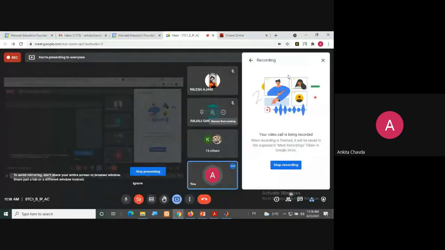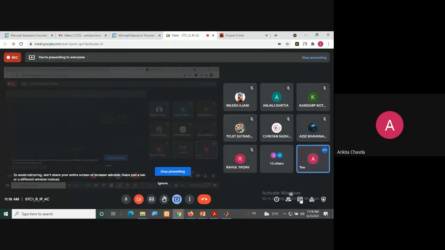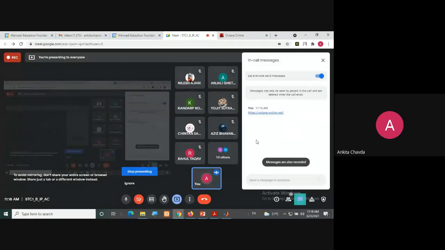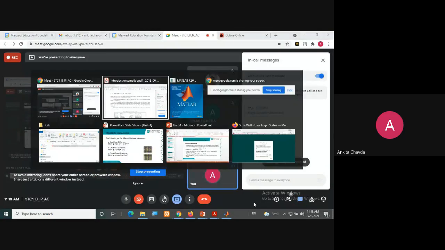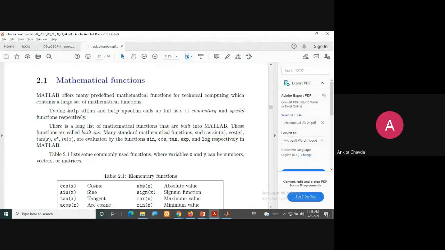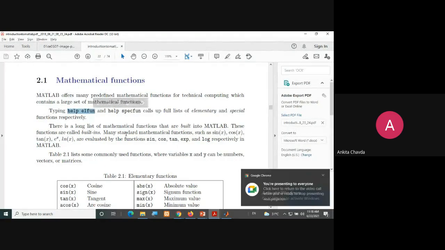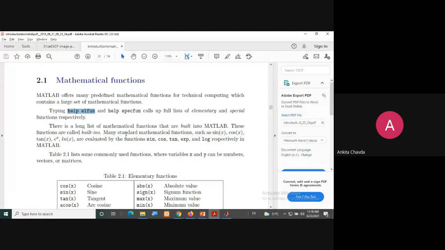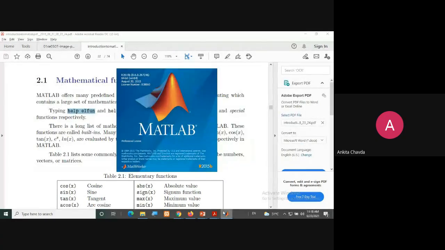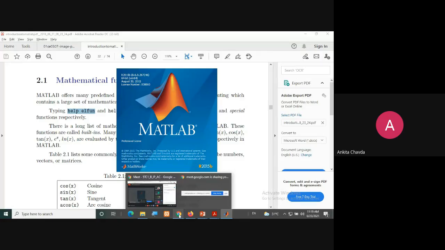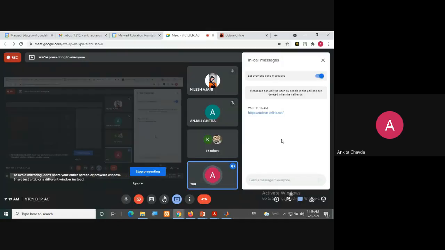And I've pasted the link for Octave Online. Again, you can start with that. Octave. I'm using MATLAB, so maybe this will not work in Octave. Help elfun. See, we have different elementary functions and special kinds of functions, right? We are generally using the elementary functions, not the special functions. So once my MATLAB starts, I'll show you that, because it will take some time. In Octave, you can try, but it will not show you the list. Just let me know what it shows you.